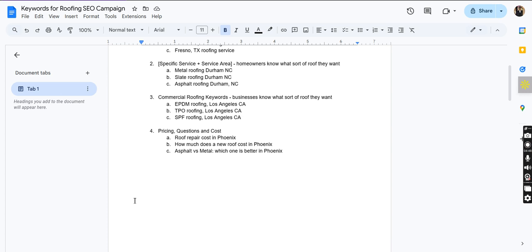So let's say it's a roofing company in Phoenix that we are doing an SEO campaign for. Customers are probably searching, let's say, how much would a roof repair cost in Phoenix, or how much does a completely brand new roof cost in Phoenix? Or you can also create a comparison guide, let's say asphalt versus metal, which one is better in Phoenix. Sometimes we can also create